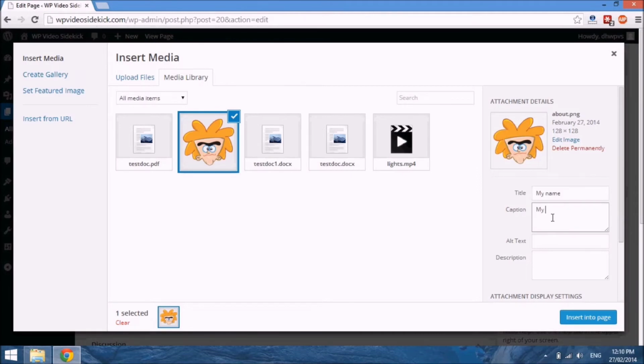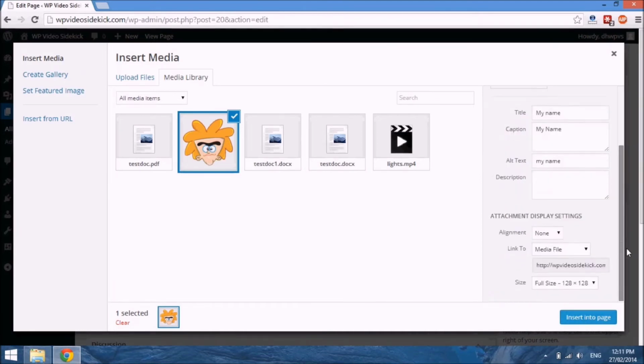And for the caption you could use my name, and this will appear below the image. And as I mentioned, the alt text is just to tell search engines what the image is about, and you can add a description which is really for your purposes. And then you can go ahead and